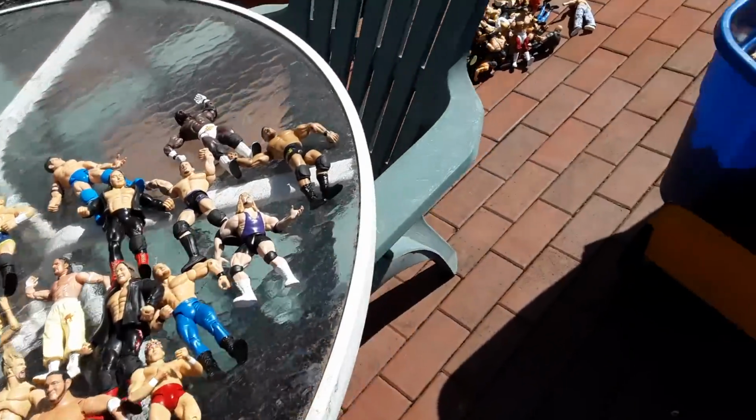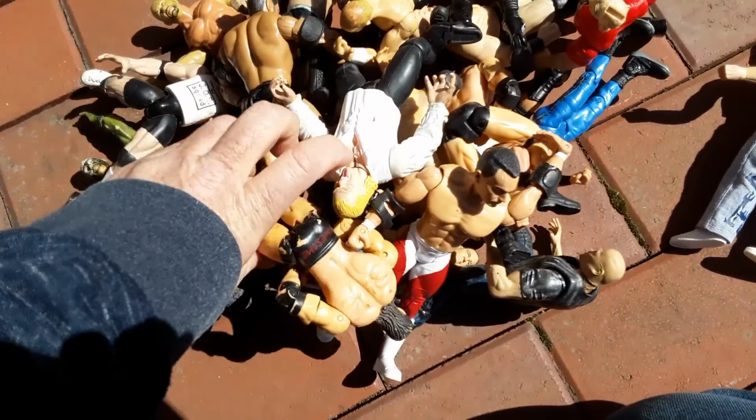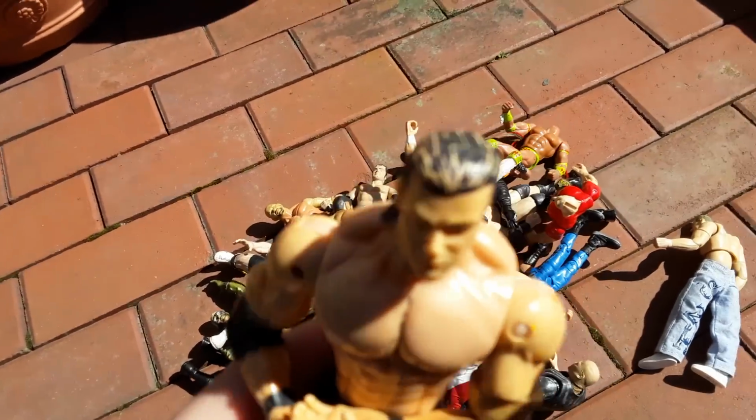I was making two piles. A pile, I didn't get to finish the pile, but a pile of ones that I was not going to take because of various condition problems, and I still need to sort through the rest. It's like, see, this guy has